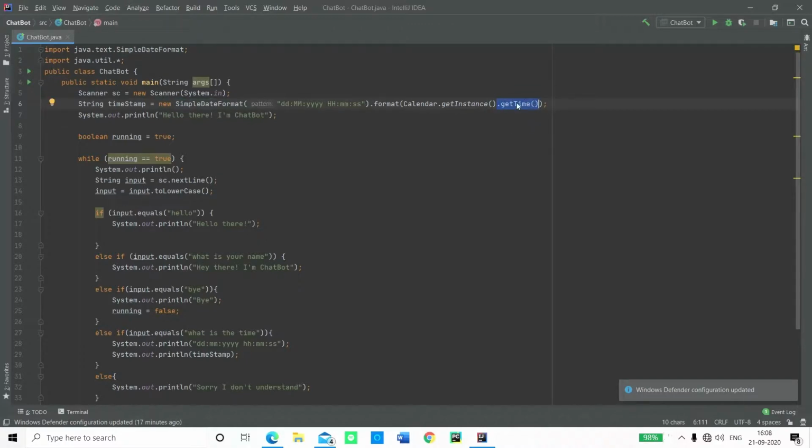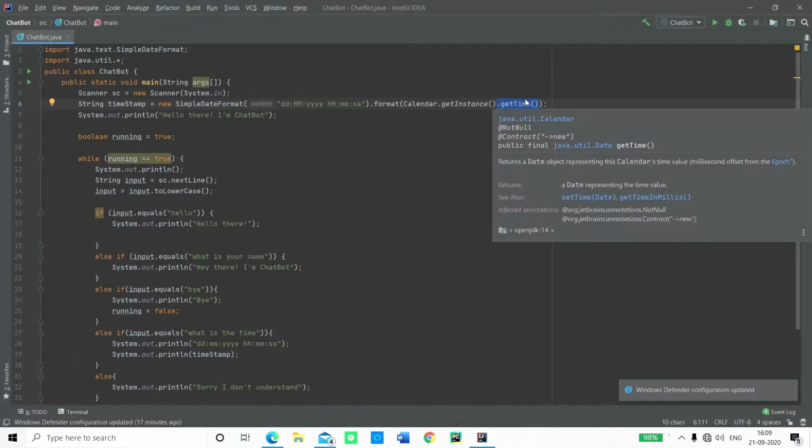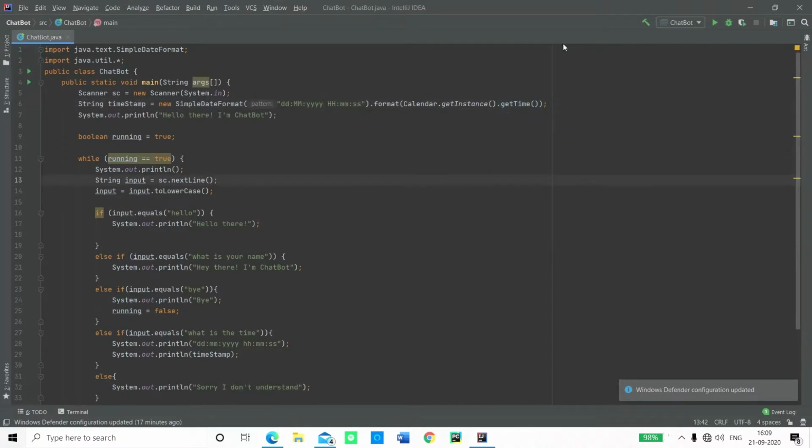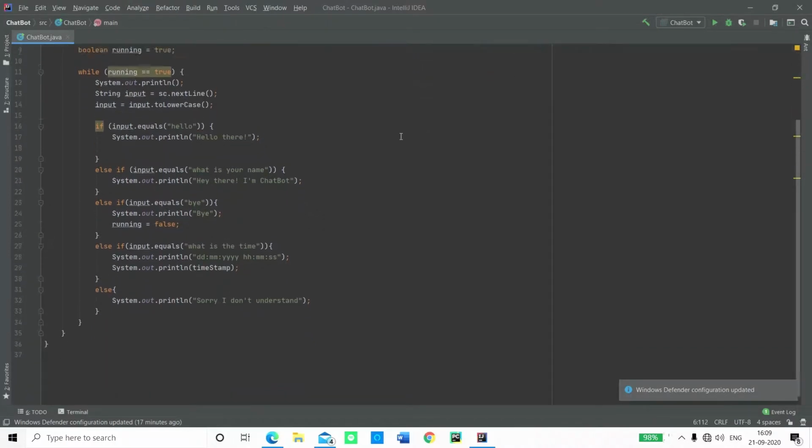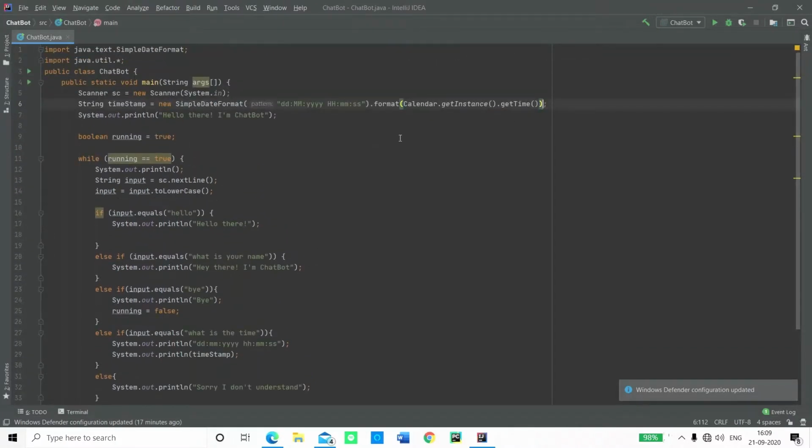Now, what if you only want the time? So all you have to do is format.getTime instead of Calendar.getInstance. Calendar.getTime instead of Calendar.getInstance and Calendar.getTime. So you could just consider removing this code if you just want the time. All right, and that is the only good amount of changes that I've made into this program, and actually it has kind of reduced a lot of work.